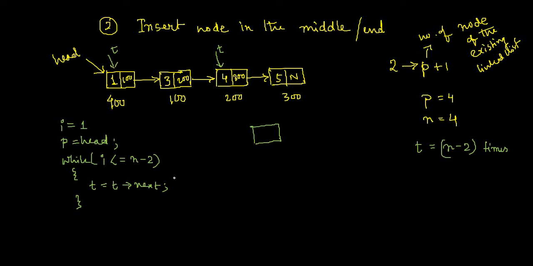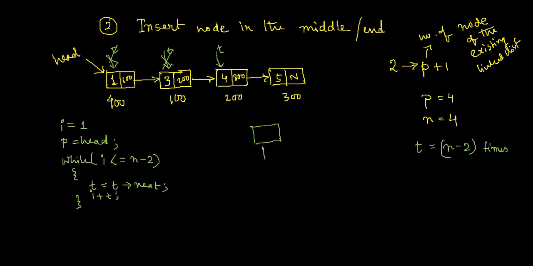So after executing this loop, n is equal to 4 according to this example. I started from 1. So 1 less than or equal to 2, true, T equal to T next. So T is not here, now T came here. Fine. Then again, sorry, I have to write one more thing, I plus plus. So I has been incremented by 1, that is 2. 2 less than or equal to 2, yes, it's true. Again, T equal to T next. So now T is pointing to the third node and I is incremented to 3. 3 less than or equal to 2 is false and the loop will exit. And I am standing wherever I should.